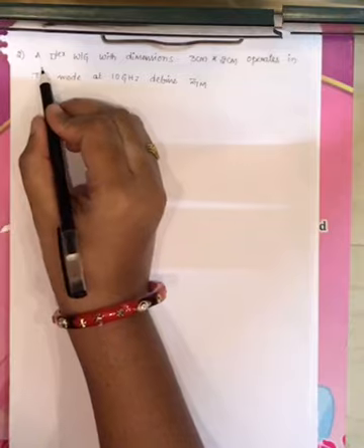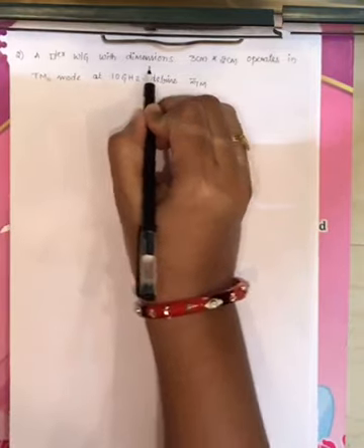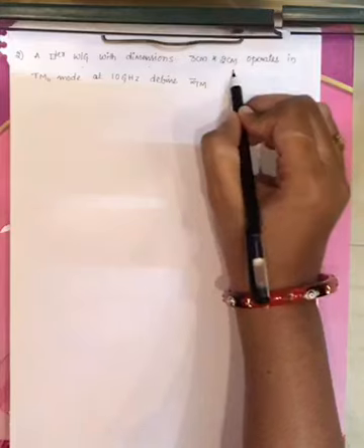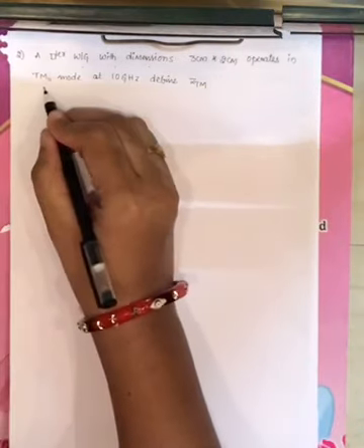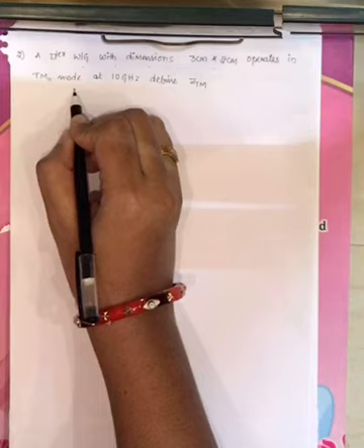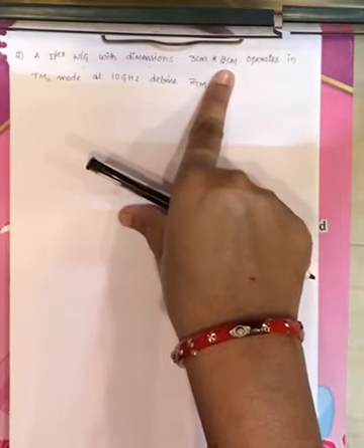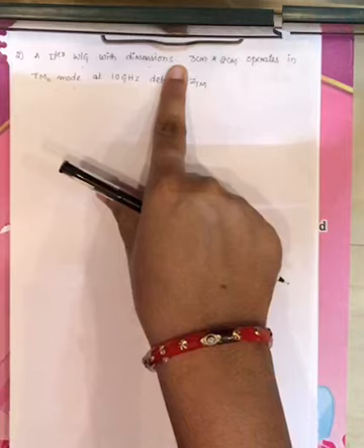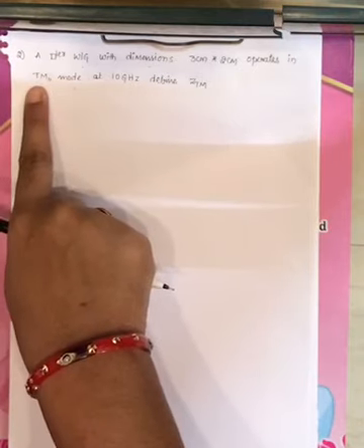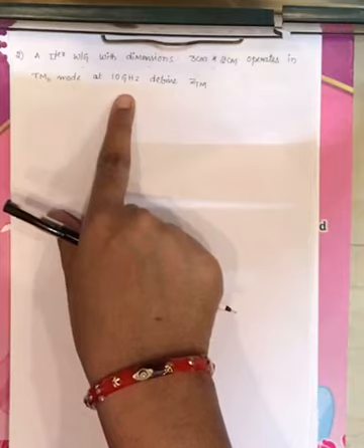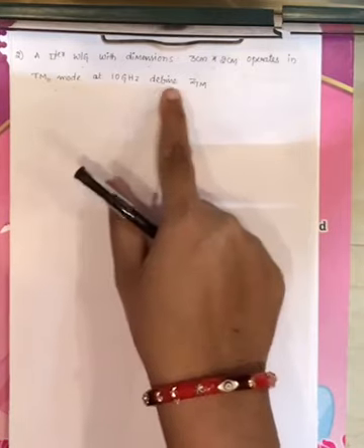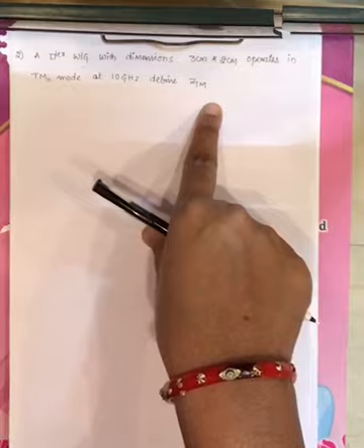Now coming to the next problem, the second problem. Now we have to solve this, right? Now this is your problem. A rectangular waveguide with dimensions 3 centimeter cross 2 centimeter operates in TM11 mode, right? Now this is the rectangular waveguide. That waveguide has some particular dimensions, mentioned as 3 centimeter and 2 centimeter. And this rectangular waveguide is operating under mode TM11 at 10 gigahertz, right?